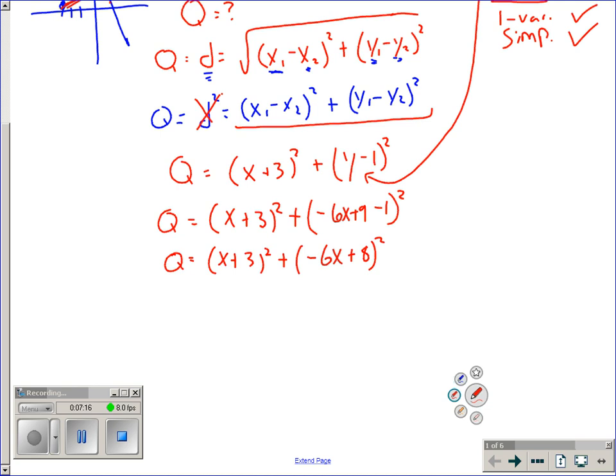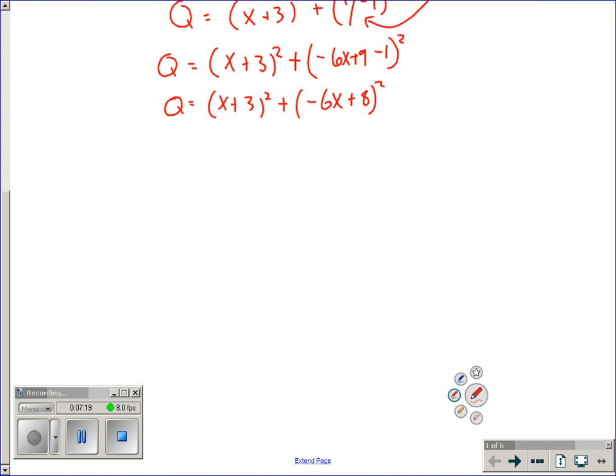In this case, I'm going to have q prime equals, and it's two chain rules. So we've got 2 times x plus 3 to the first, times the derivative inside, which is just 1. And then plus 2 times negative 6x plus 8 to the first, times the derivative inside, which is negative 6. You can pause the video and take a second to simplify this out, FOIL this out, whatever you need to. And this is equal to 0. It actually gets down to, from what I see,